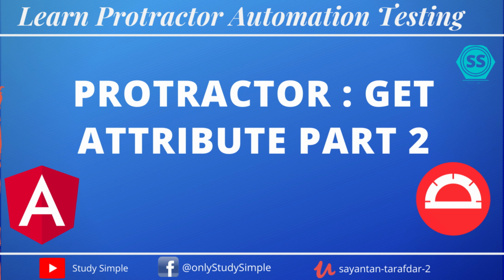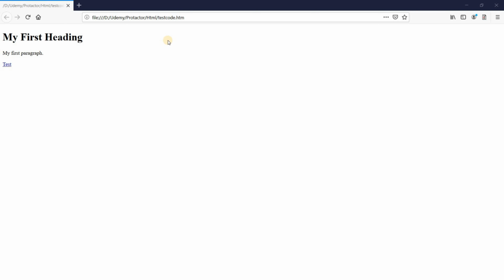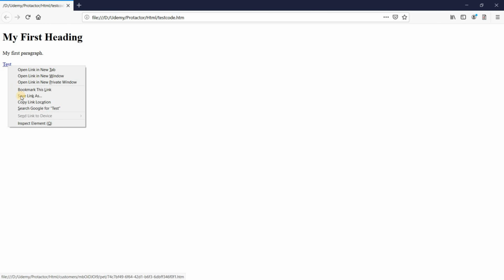I'm going to discuss with you today how to do a get attribute and substring in Protractor automation testing. In Protractor automation testing, doing a get attribute is very easy, and if you know how to use the substring, you can get the values of a tag using the get attribute method, and you can also extract the desired area using the substring. So let me go to the case study first, and then I will show you the code of how to extract it and use it in your sample.